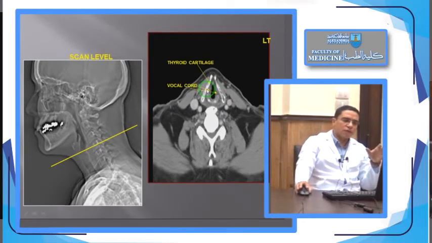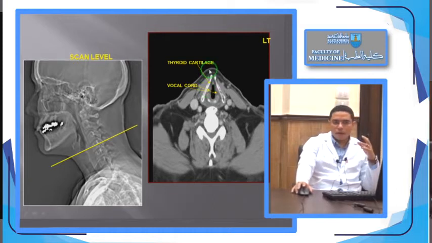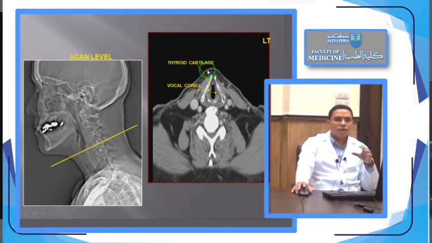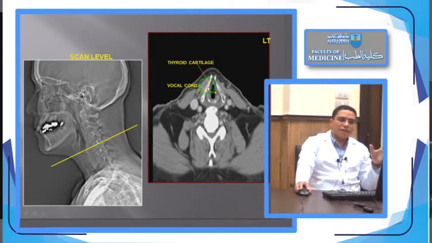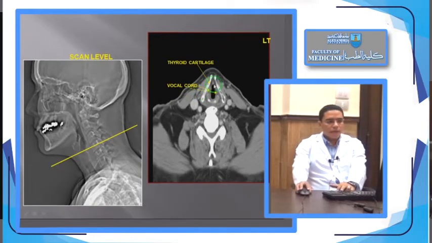Very important, the vocal cords, because if you are dealing with a patient with goiter and you are having a problem in the vocal cords, you have to suspect that there is a malignancy in the thyroid infiltrating or affecting the recurrent laryngeal nerve. And in these situations, we don't depend on the CT to assess the vocal cords. For assessment of the vocal cords, we do laryngoscopy. Okay? And again, these are the sternomastoid muscles, internal jugular vein, and common carotid.